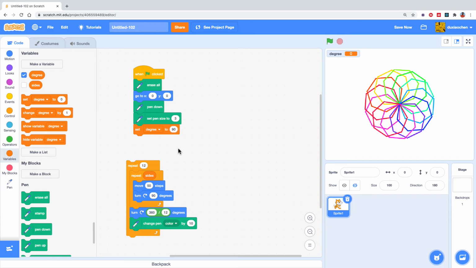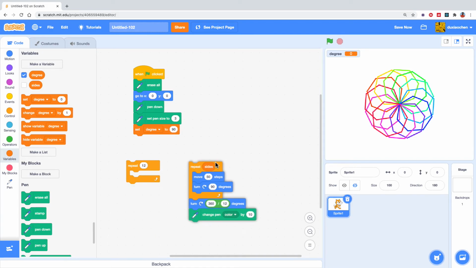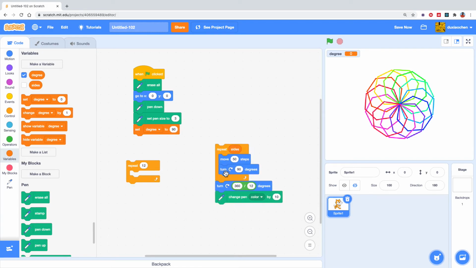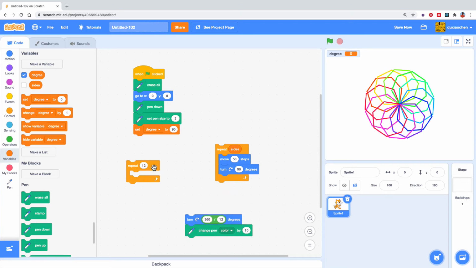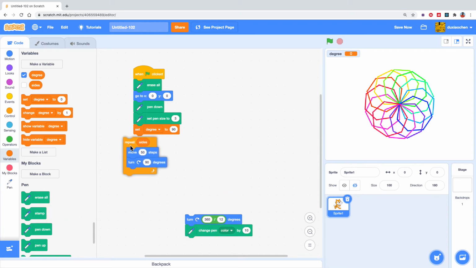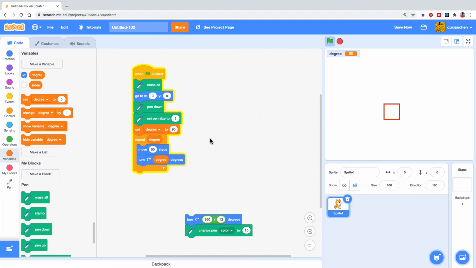90. Let's say 90, and I can repeat 4 times, right? Let me remove this. I can repeat this 4 times, move 50 and turn a degree. Okay, so let's see. If you run this, this will be a square. It's a square. So what if